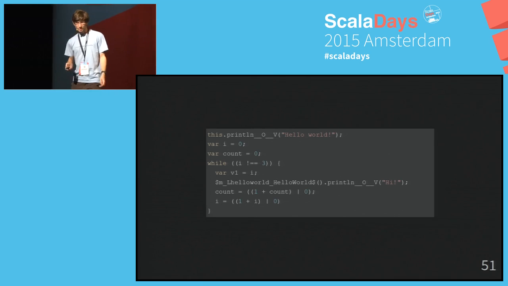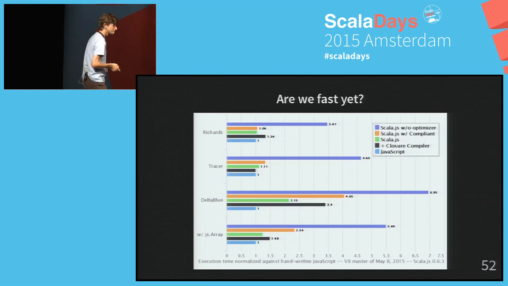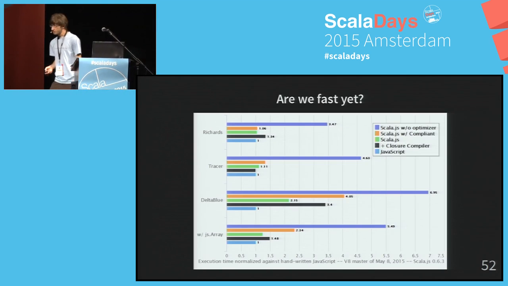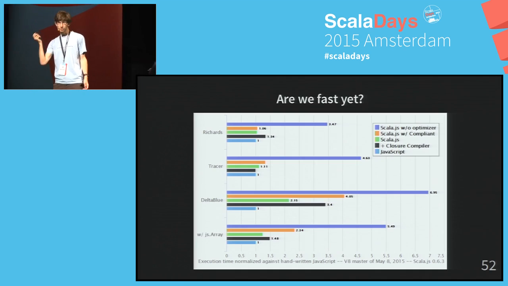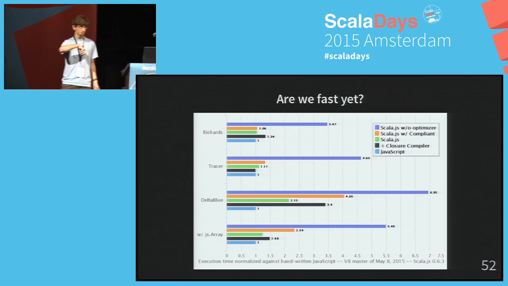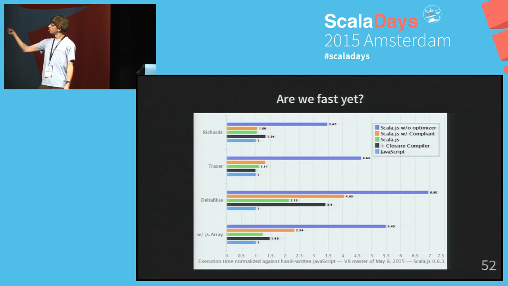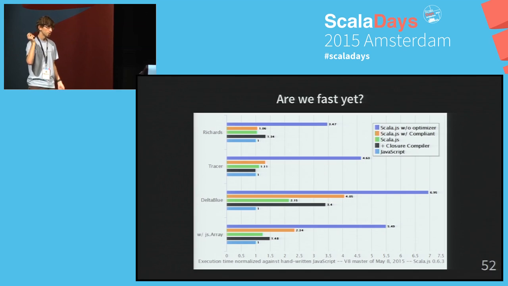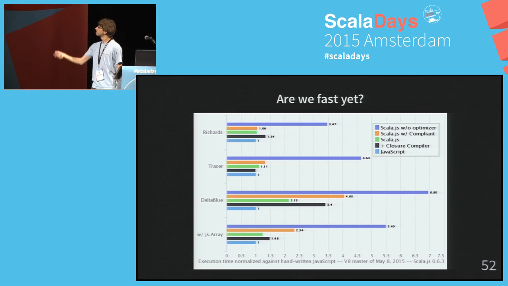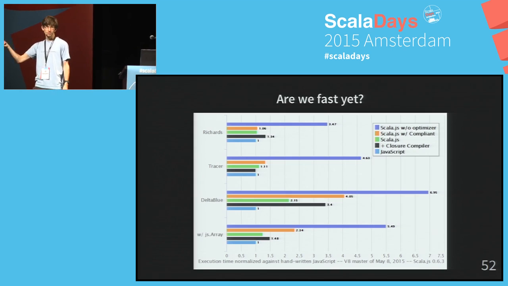So this optimizer is quite crazy. And so this is what you get. I'll be a bit quick about it. What you have to look at mostly is the green bar. The green bar is Scala.js with its optimizer, and the blue bar at the bottom, that is JavaScript. So we've normalized to JavaScript, so JavaScript is always 1. And you can see that the green bar is pretty close all the time to the blue bar, except here, that's a benchmark making lots of use of the collections.